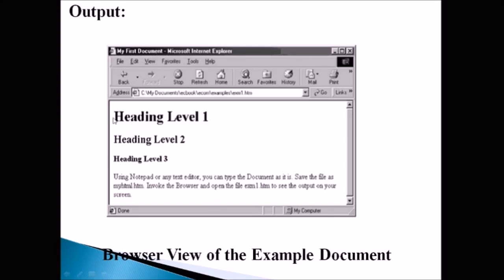Then this is heading level 1, which is given within the H1 tag, heading level 2 within the H2 tag, and this is given within the H3 tag. Likewise, the text size will be reduced from H1 to H6, and the text which is given is displayed here. Like this, if we invoke any HTML document on any browser, it will show the output on this page according to the document.